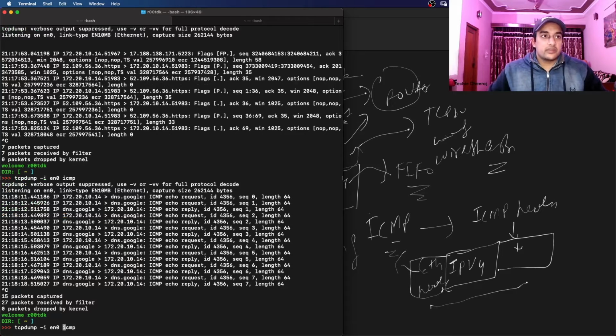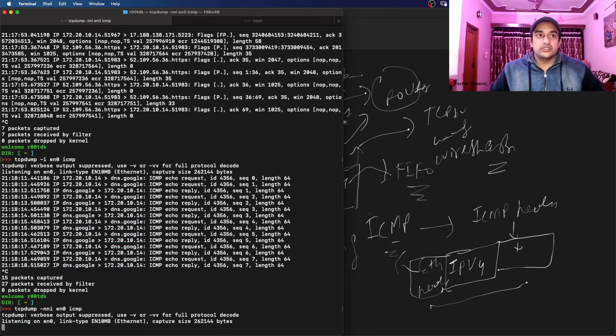Now the same packet, if I want to see it in detail, there is -nn we can use, and then -i we have to pass because we have to provide the interface after that. Because if you see here, dns.google is shown. I don't know what dns.google is, right? I just pinged 8.8.8.8. How did it mention Google? It knows that 8.8.8.8 is Google's DNS IP, so it is showing the dns.google domain name in place of the IP in this information.